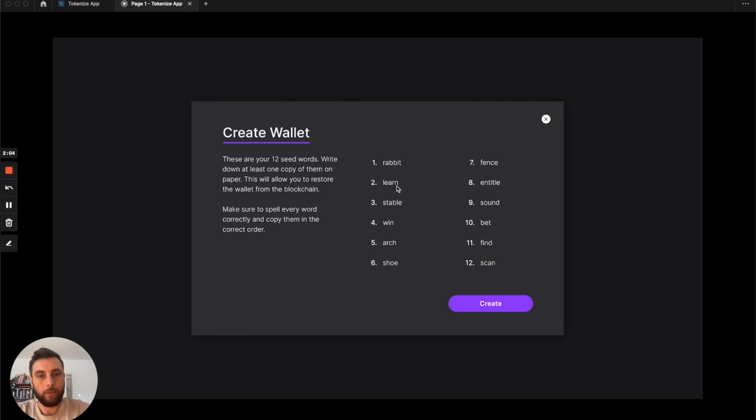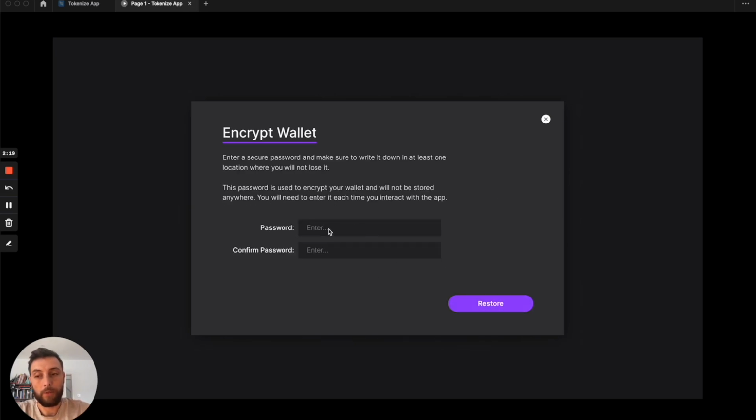It will generate a new seed, which you obviously need to write down to back up in at least one place, ideally two different locations, in my opinion. And then once you click create, you can set up your password, which will be used to encrypt the seed,